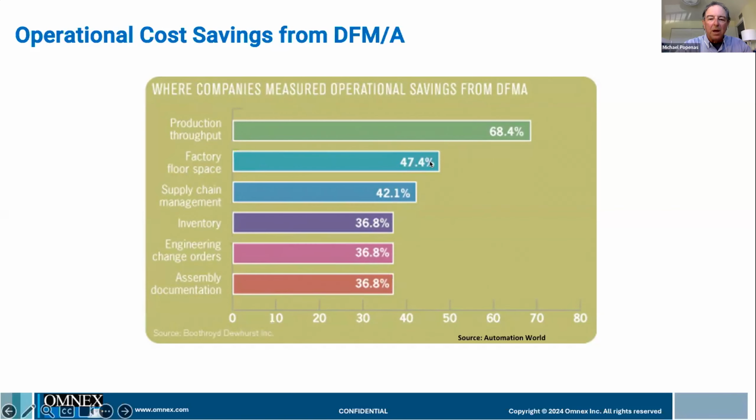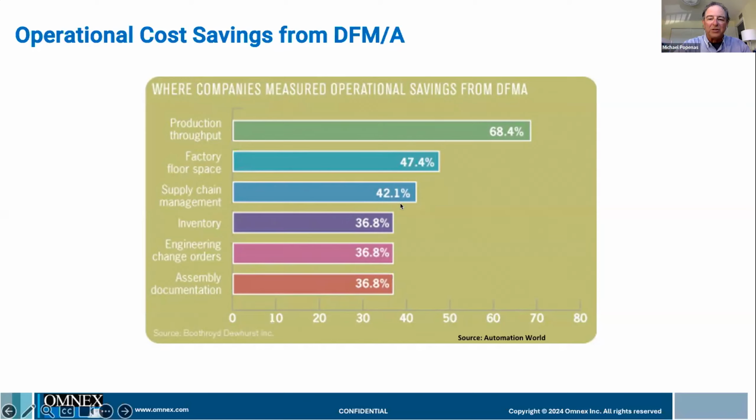Factory floor space, how many square feet can we get back in our factories because we're not putting extra machinery and processing out there for complex parts? And that floor space really provides opportunities for additional product to come in. One of the things that we found at Omex as we've worked over the years in this field of design for manufacturing and assembly is that by reducing the number of parts, you reduce the number of machines in the existing floor space, so we can put other machines in for other product lines and have even more profit